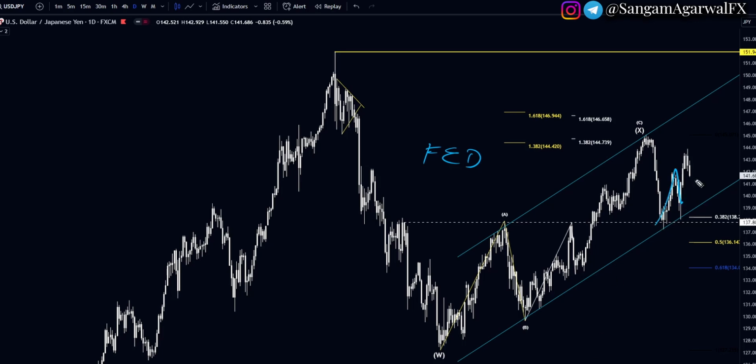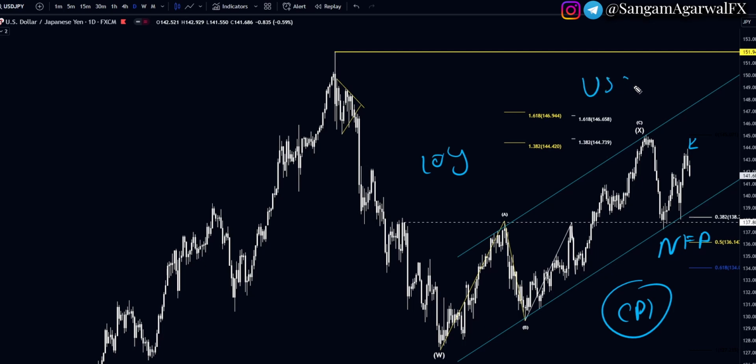And that's why it is a correction. It is above 137 support, below 145 resistance. But long term, this pair is bearish and it will break below the 137 level. But the 10-year bond yield direction immediately changed after the NFP number on Friday. That's why the direction of this pair also changed. So CPI is important because this pair has USD.